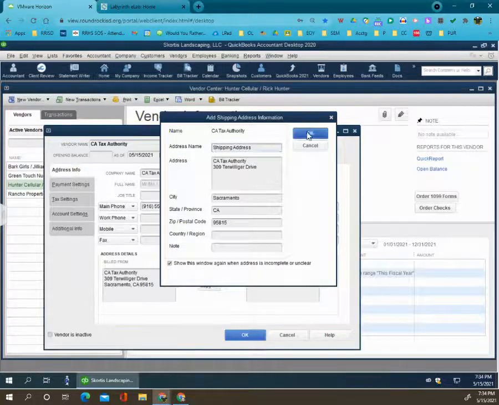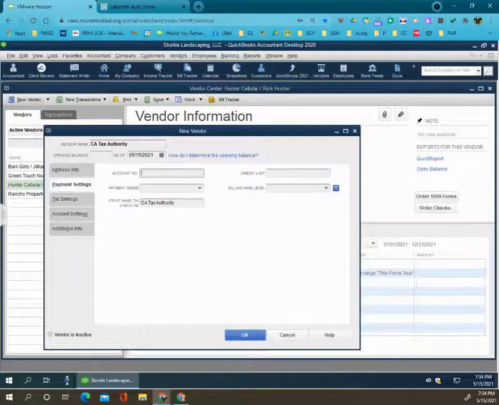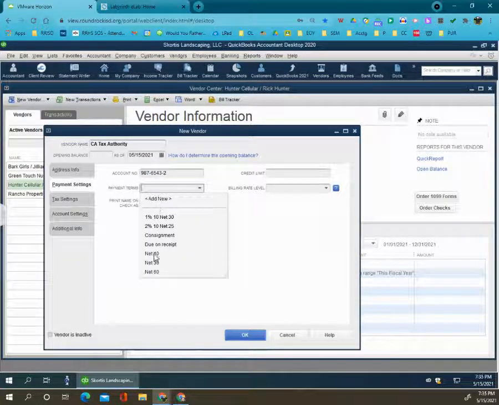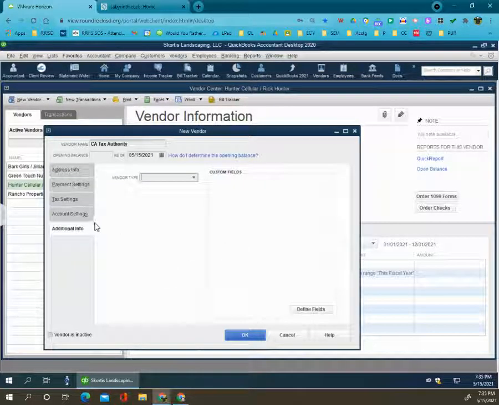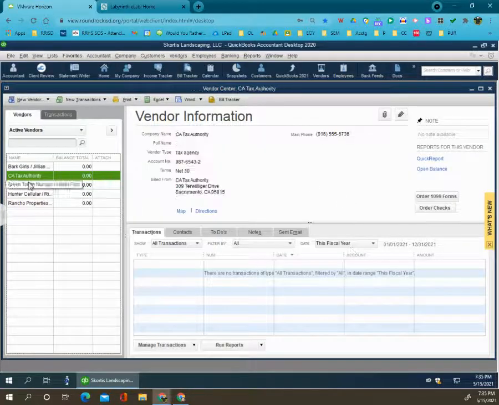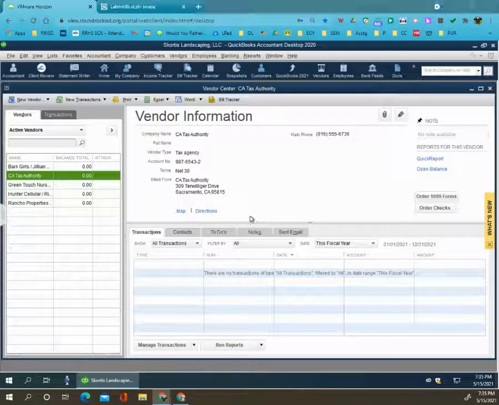Copying it over. Okay, under payment settings for these guys, that's their account number, and for their terms, they're net 30. Then under initial information for them, we can set them up as a tax agency and say okay. So the last one,